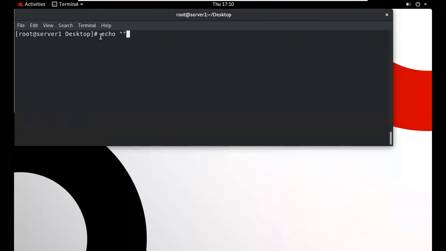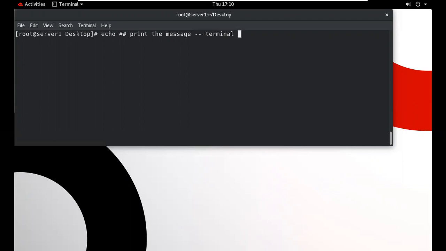The echo command is used to print the message only. By default, it will print the message in the terminal.